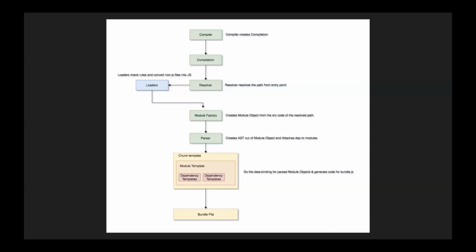And the non-JS files are being loaded by the loaders, and they are converted to JS modules, and they get resolved. And after that, we have a module factory which creates the modules, and then we parse things into AST through a parser, and then we load the parsed AST into chunk templates or other templates, and then finally we create a bundle file. That's it. It is a very simple process. So yeah, it's very simple, right?